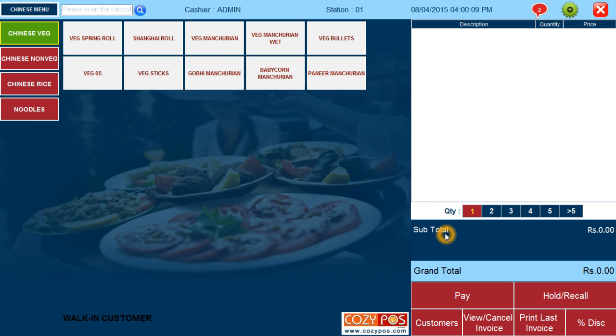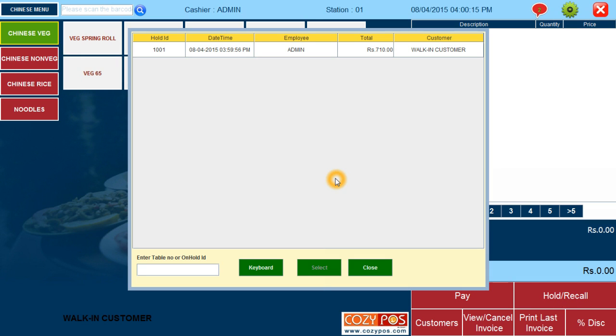Now we will click on the same button, that is hold or recall. Once we click on this button, we can again find the recalled order with hold ID 1001.